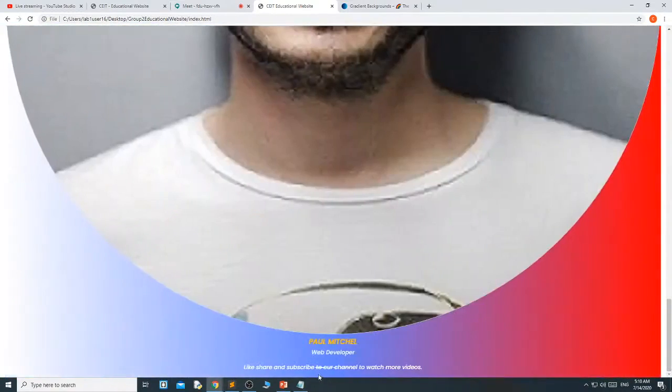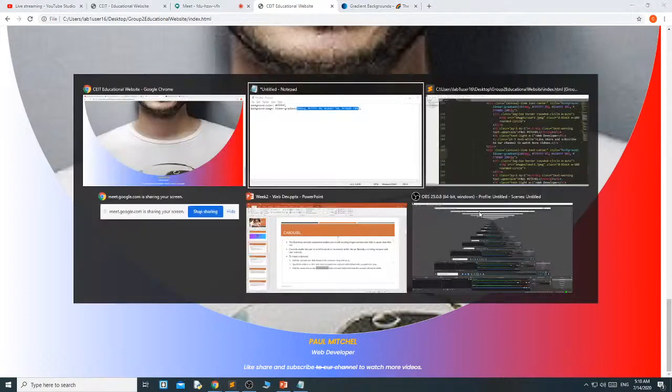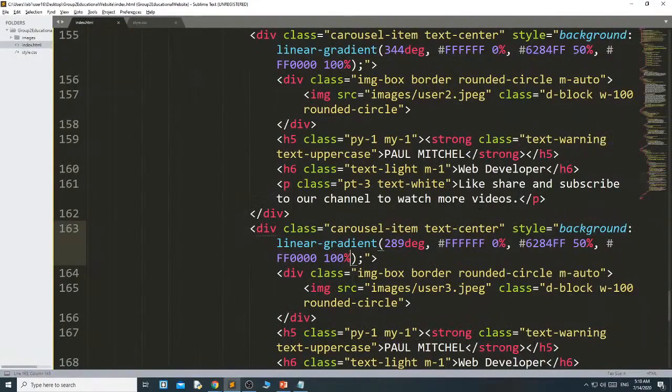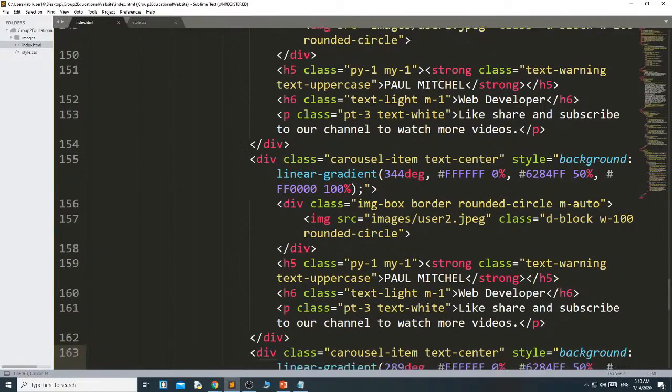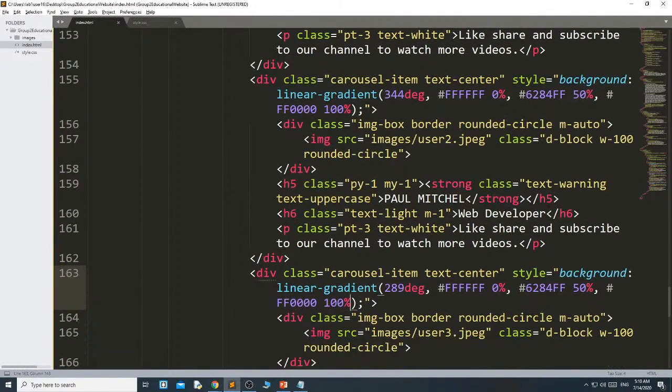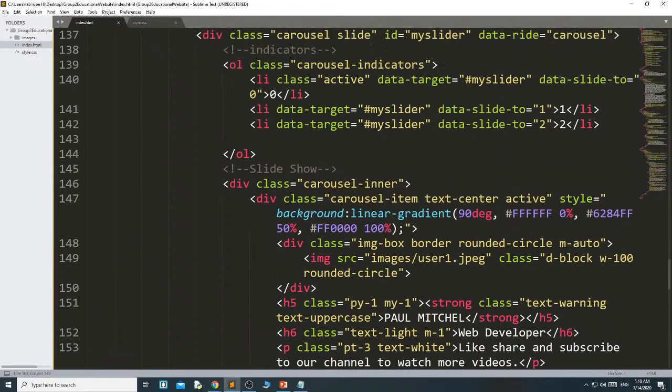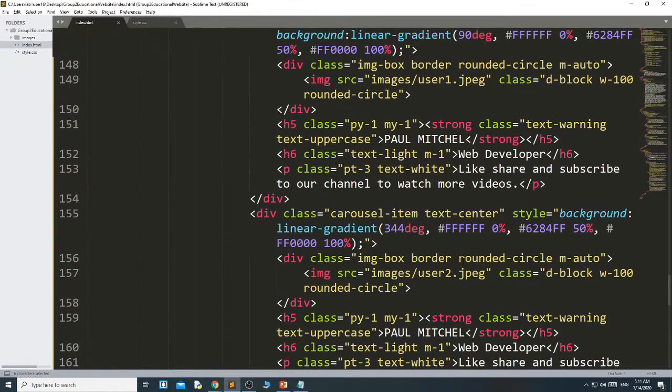This means we get our carousel. In carousel inner, we have added 3 carousel items, and you have to make sure of 2 things: at least one slide will be active, and not all the slides will be active. And whichever slide you make active here, the same slide must be active there. If here slide 0 is active and there slide 1 is active, then it will not work. Now this HTML part, the slide, we have completed.